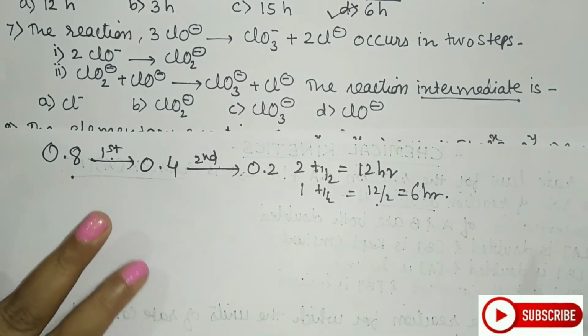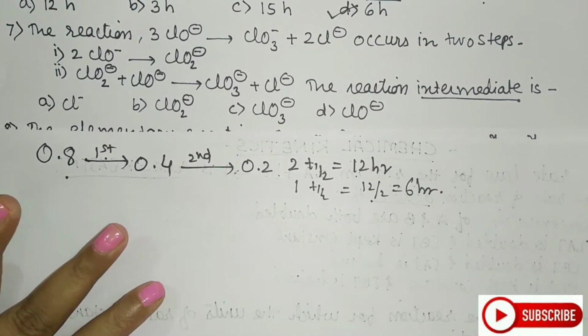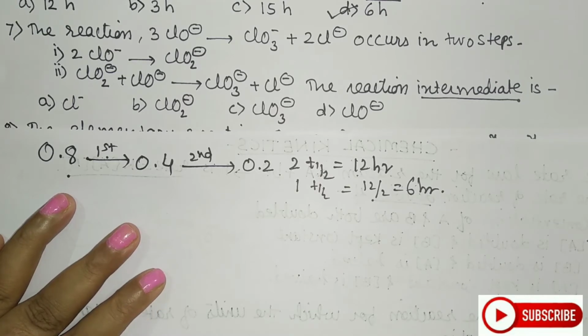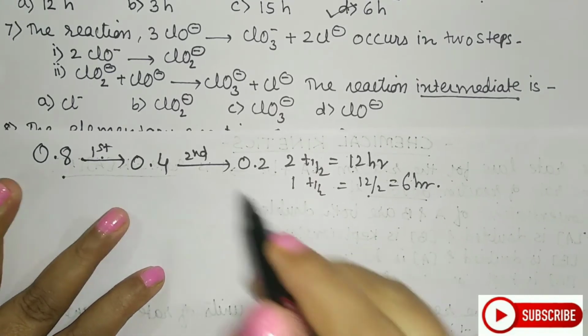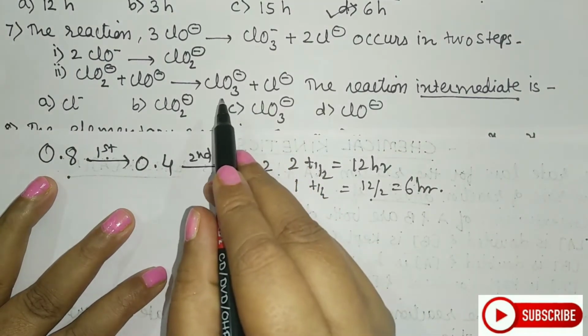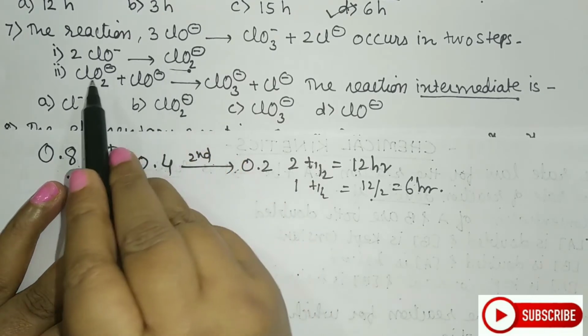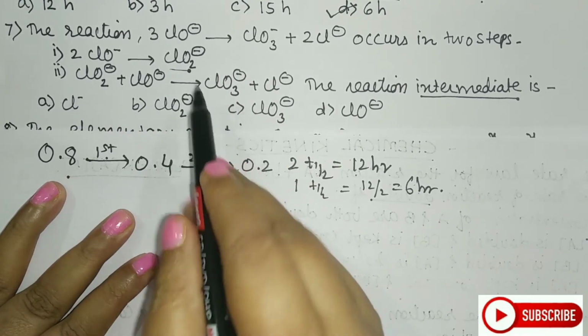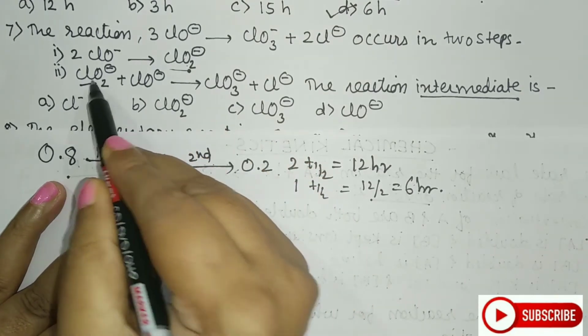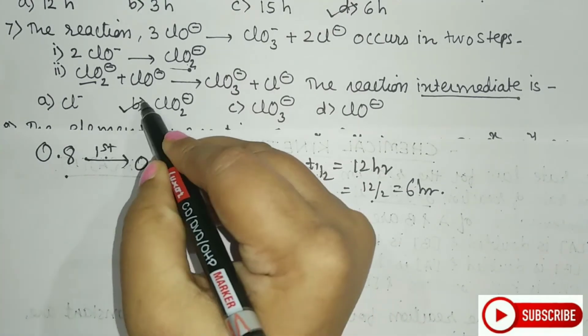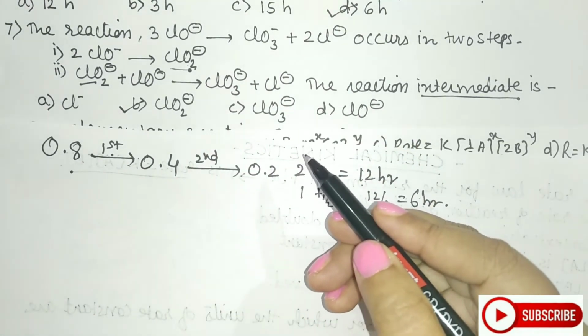Students, always remember, an intermediate is a species which is generated automatically within the reaction and simultaneously gets consumed within the reaction. It means we are not adding the intermediate, neither will it appear in the final equation. So if you see this, the particular species which is getting generated is ClO2 minus, that is chloride ion, and again it is getting consumed, and therefore this is the species which is formed and again consumed. So here your answer is the second option, that is ClO2 minus chloride ion.